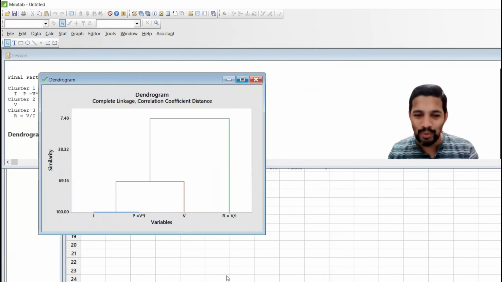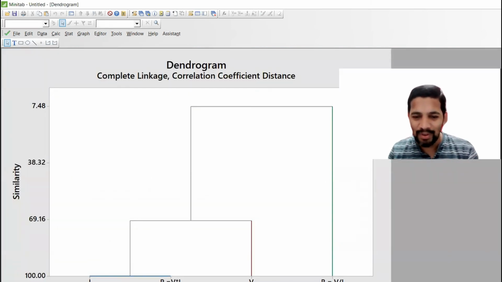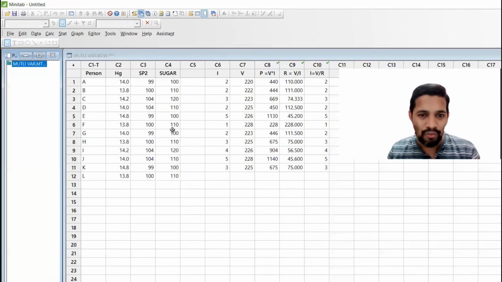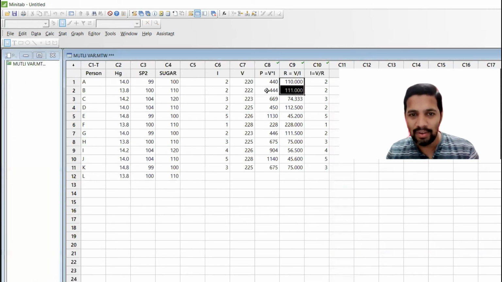So that is very, very beautiful. You can easily see here R equals V by I, P equals V into I, all these. More than that, not only that, the classification, it also has given the grouping side. So for example, resistance has more value, right? Maybe I will go back to the data. If you look at the resistance value, it is slightly higher than the others, R equals V by I, right? And then you have power value and all that. So we can easily classify down the data.